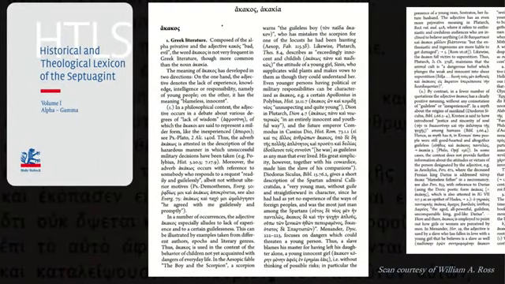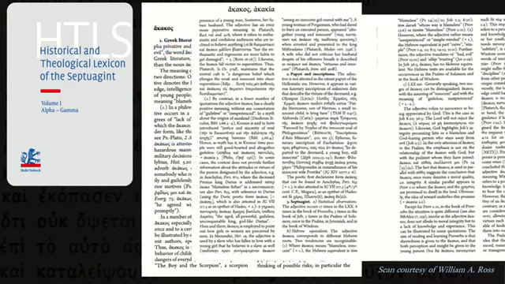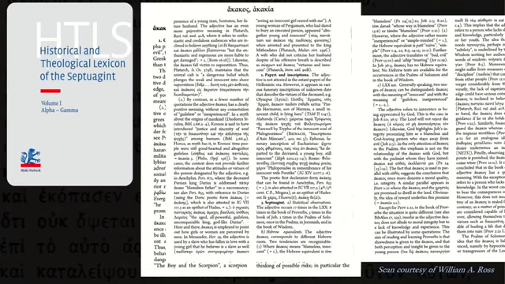What does it look like? Well, here is an example from Akakas. And so you can see it is long. This article on this one word is rather lengthy, and you see it starts with the Greek literature and describes its range of meaning and some examples, like in Pseudo-Plato or Demosthenes and so forth. And then you get into some of the characteristics of its use across different authors, and then you can keep going and say, well, here it is in the papyri and inscriptions, or here it is in the Septuagint and some observations, and so it goes on for several pages.